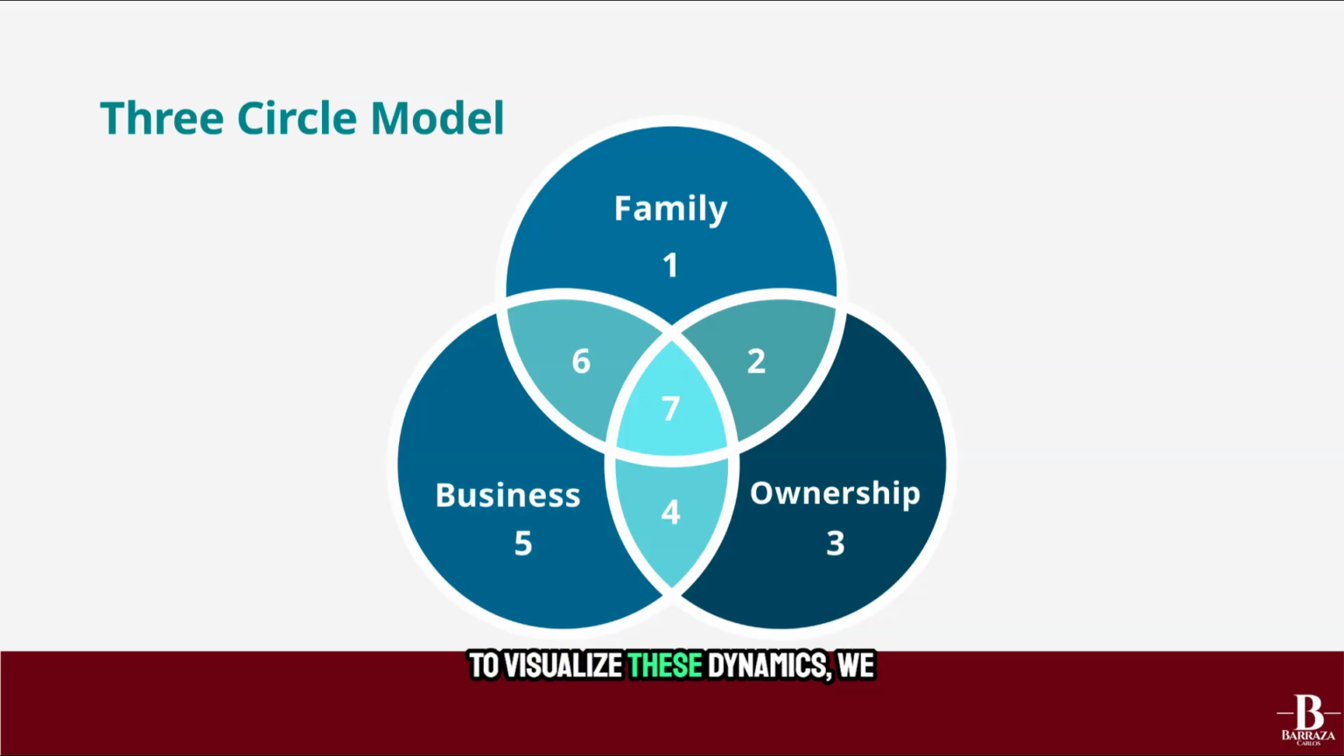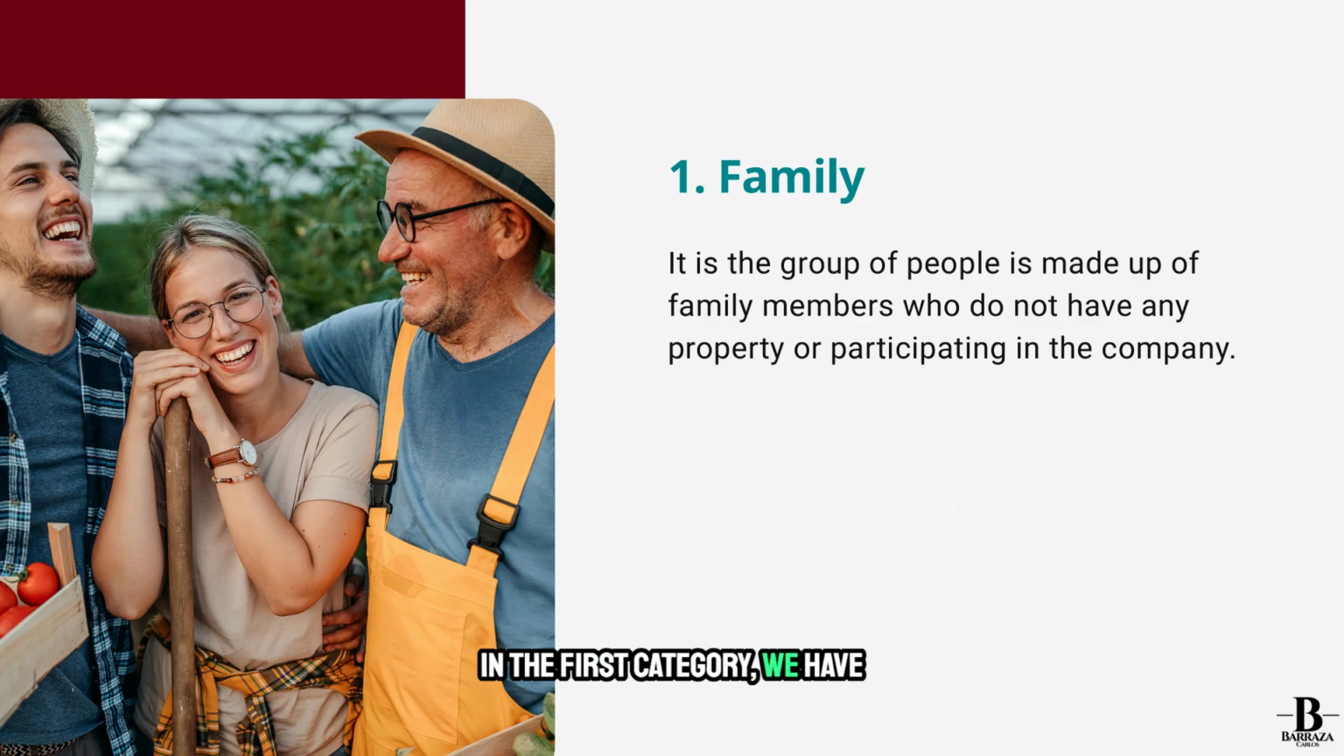To visualize these dynamics, we use the three-circle model. It consists of three overlapping systems: ownership, business, and family. These circles create 7 distinct categories of stakeholders, and understanding which circle an individual belongs to is key to managing expectations and conflicts. In the first category, we have family members who are part of the family circle but do